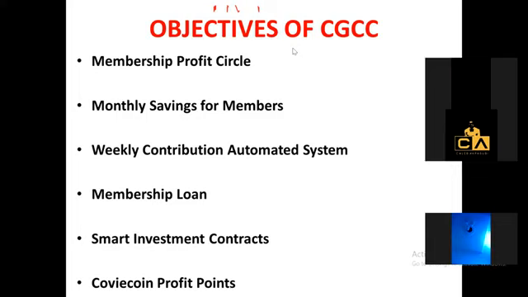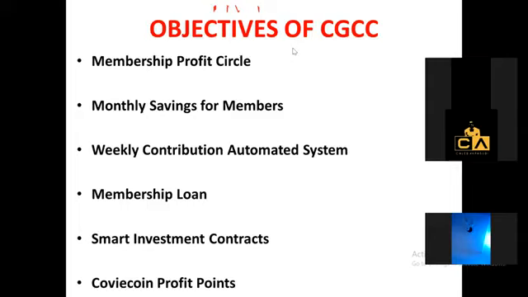And even the real estate. So there are a lot of contracts, smart investments that can be done, and it's not compulsory. If there's an open project, we will give you the analysis of the project: what the project is going to cost, when the returns will start coming, and how big the return is going to be. All those analyses will be given. So those who are interested in being a part of that kind of project can key into it. That's what we call the smart investment contract.